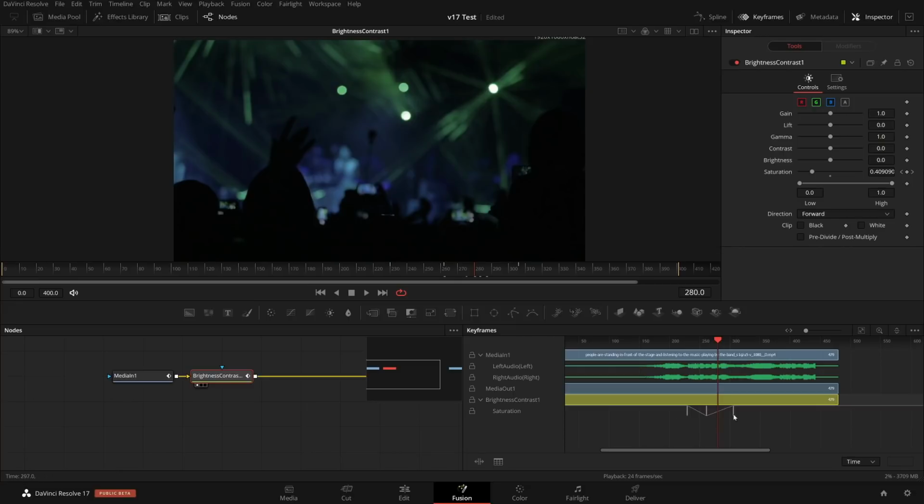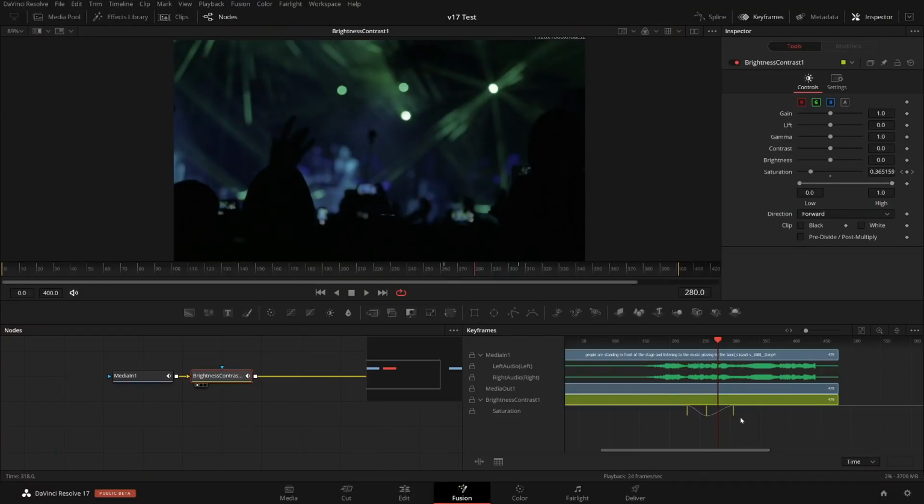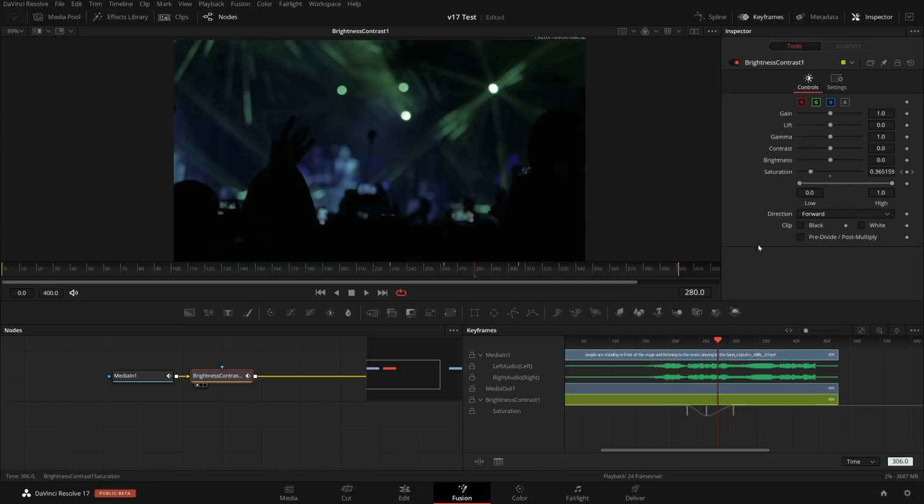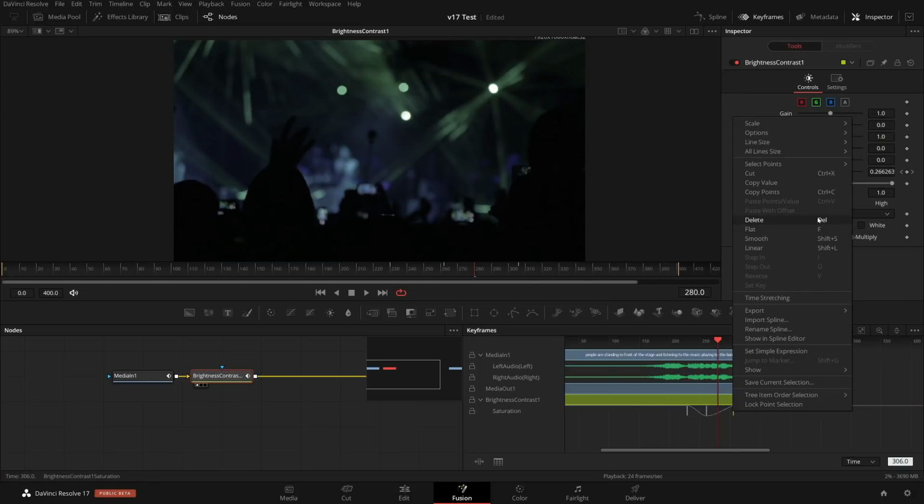You also have more controls in here if you're not familiar. You don't see a lot of buttons here to control your keyframes, but the keyboard shortcuts that work in other areas of the application also work here. So if I want to smooth this, for example, I can press Shift S, or to flatten you have Shift F, or you can right click on a keyframe and you see here flat, smooth, linear. So you have these kind of minimal controls at least.